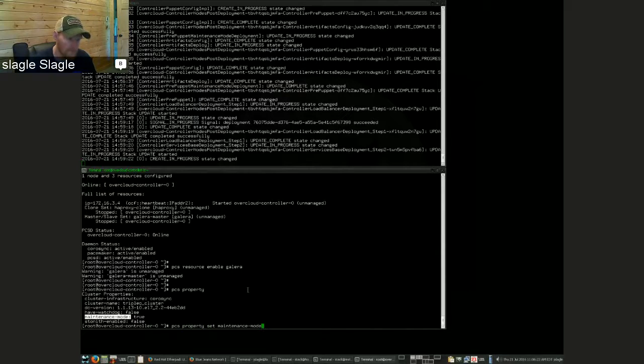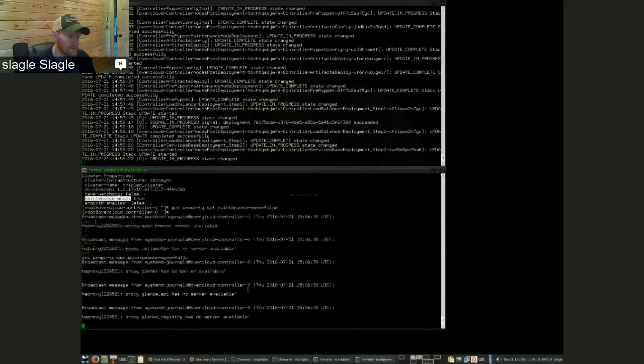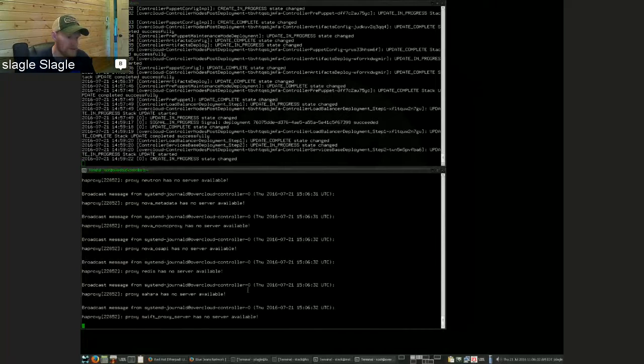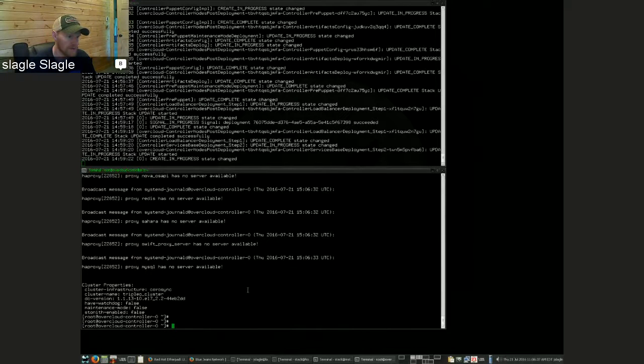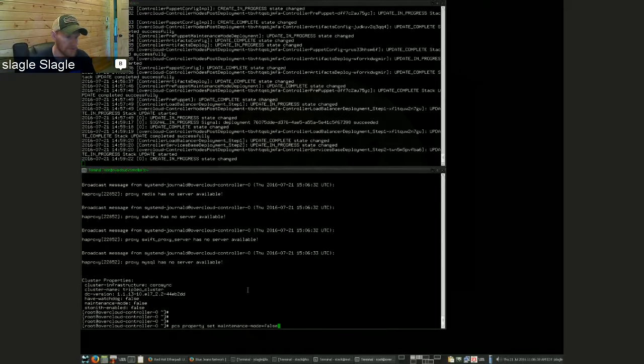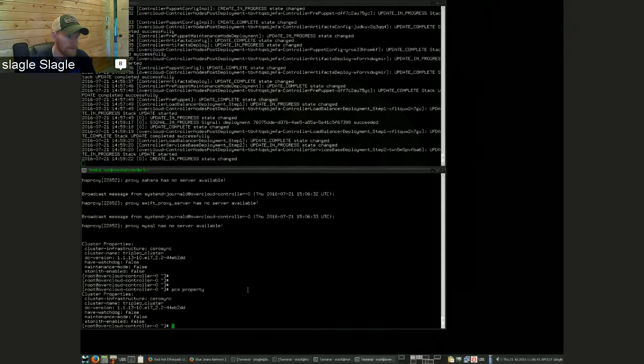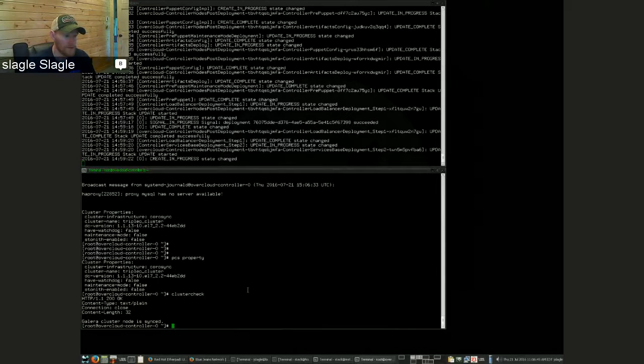At this point, I might be thinking that this is in maintenance mode because one of my stack updates failed. So then, that might be the reason. So let me just see if I can move this thing along. And as soon as I do that, HA proxy actually restarts because Puppet moves on. So we got maintenance mode at false now, and cluster check is going to return 200 OK now, so it's saying it's synced. And if we do the PCS status again,